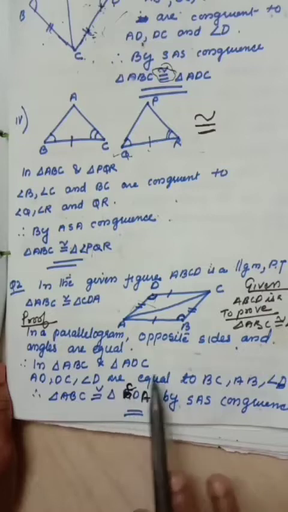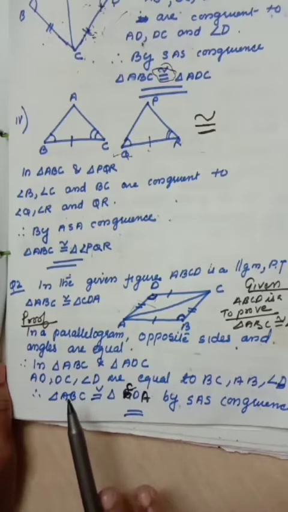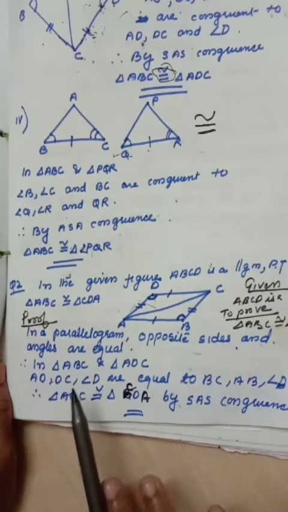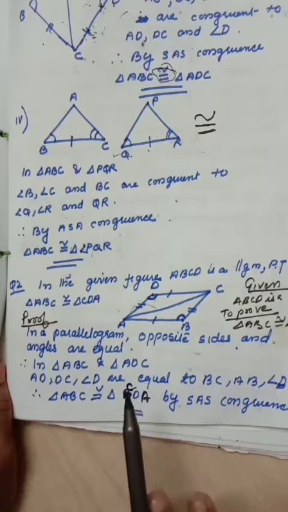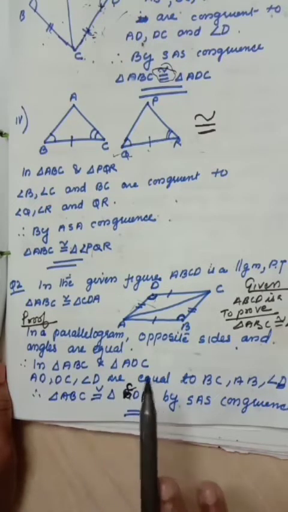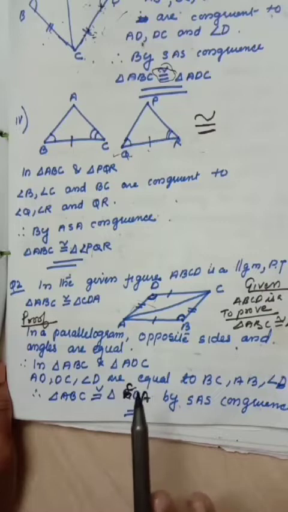When you are writing the second triangle, children, first you have to check which side is equal to the corresponding side of the second triangle, that only you should write. The first letter is equal to the first letter of the second triangle, the second letter is equal to the second letter of the second triangle, like that.